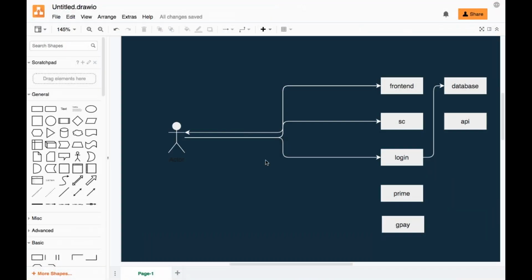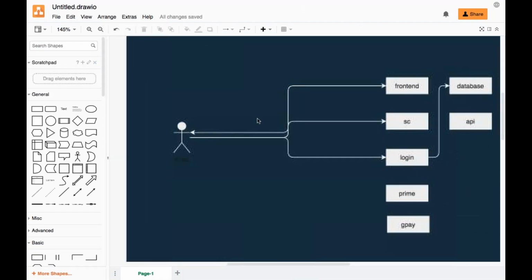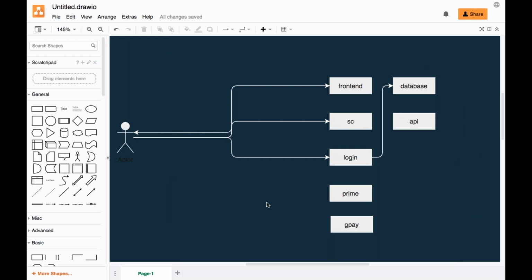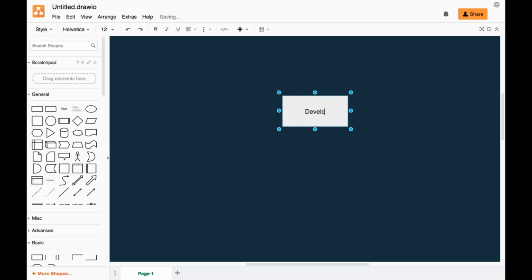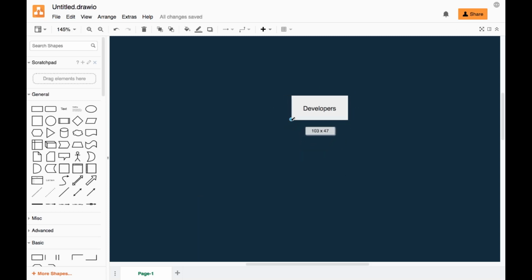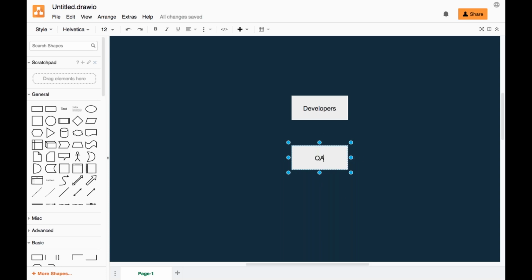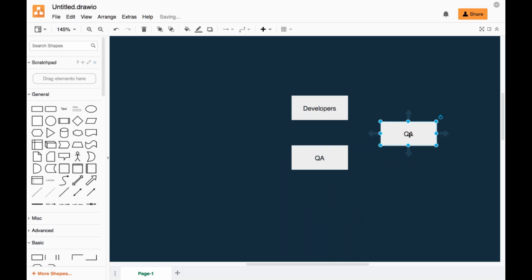So let us now talk about different teams who work inside a company, right? There would be developers, right? They are the ones who do the coding. And developers have a lot of software components that they want to code, and then that software needs to be tested. So you need some number of people who will do the testing, the QA engineers, and there would be an operations team